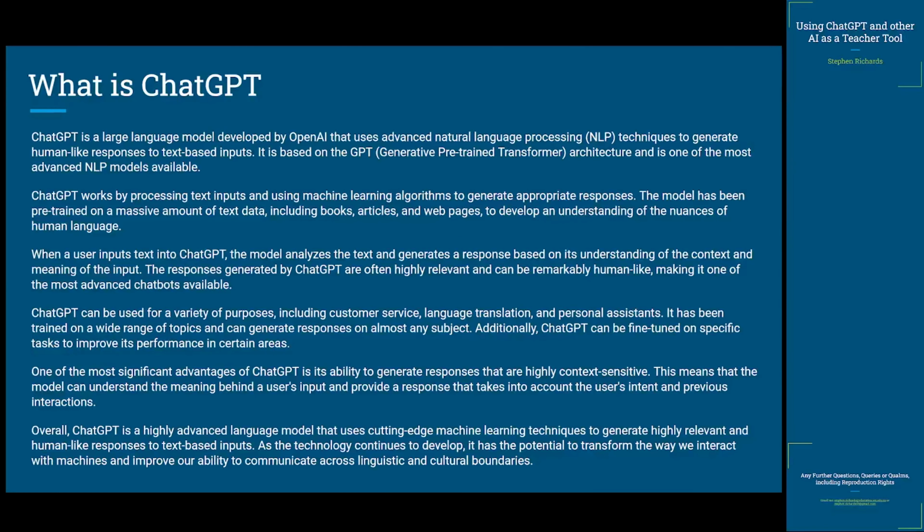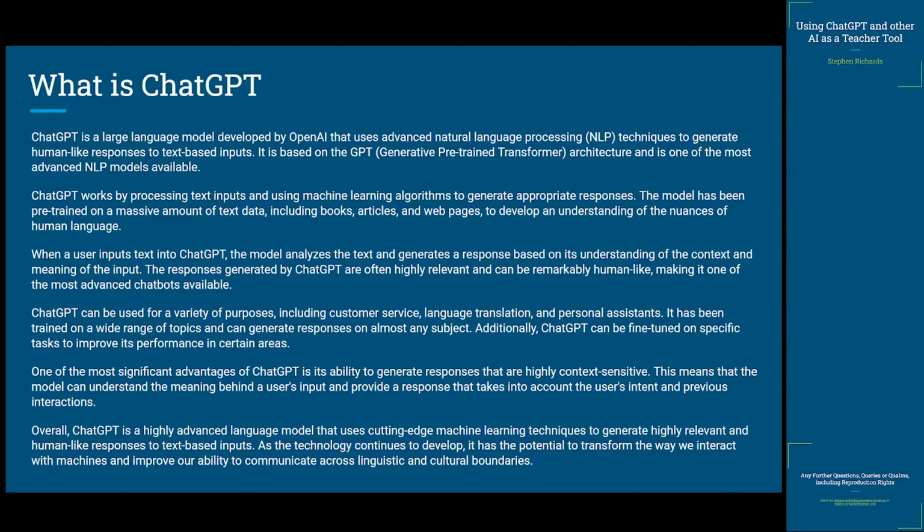So what is ChatGPT exactly? Essentially it is a large language model developed by OpenAI that uses advanced natural language processing techniques to generate human-like responses to text-based inputs. The way that it works is that you ask it a question in the form of a conversation, and it will then search for information that it has been trained on that matches with what you're asking for. It will then try and interpret that information and display it to you in the form that you've asked, whether it's an essay, whether it's criteria, whether it's exemplars, whether it's whatever, and we'll try and produce that in the